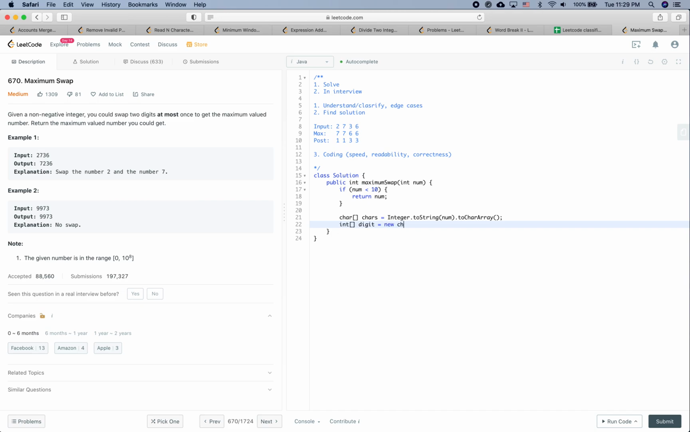That should be able to represent the char array, and the integer digits is going to be equal to new int[chars.length], and for int i equals 0, i smaller than chars.length, plus plus i, digits[i] is equal to chars[i] minus '0'. So we have generated the digit array, and the next thing is for us to compute the